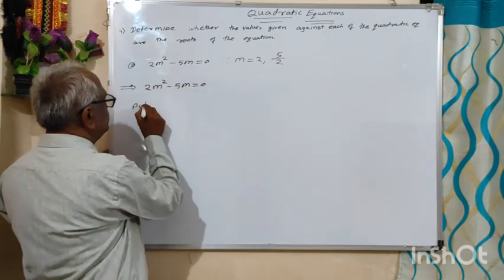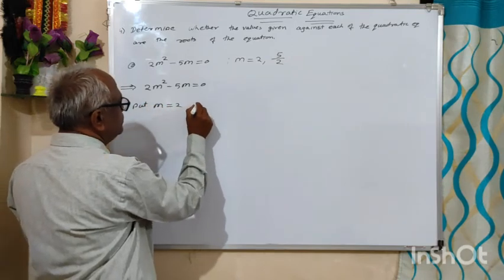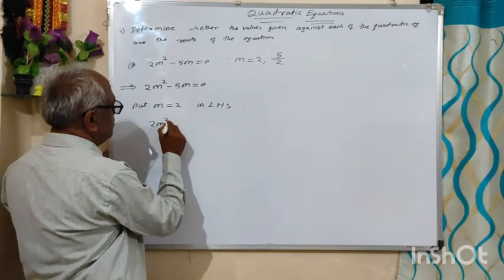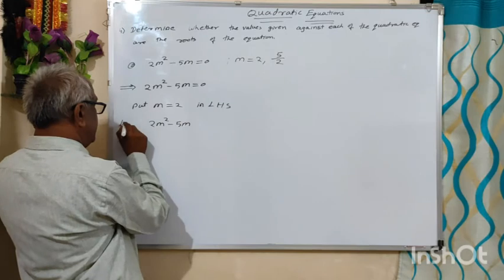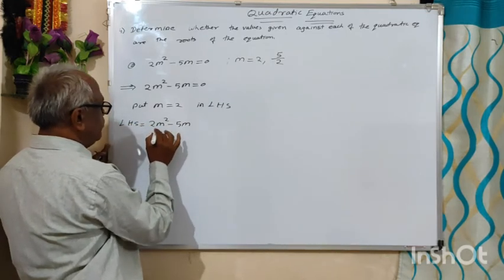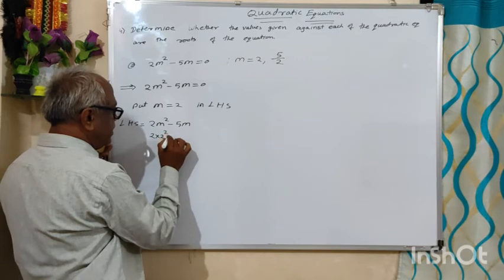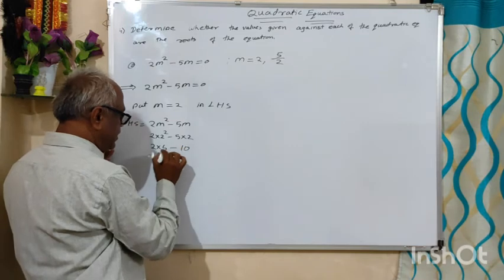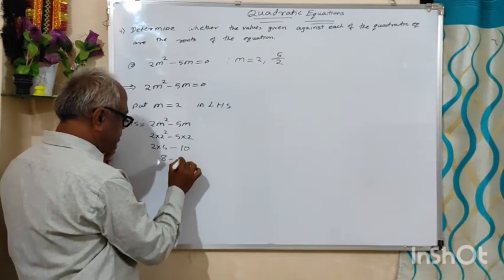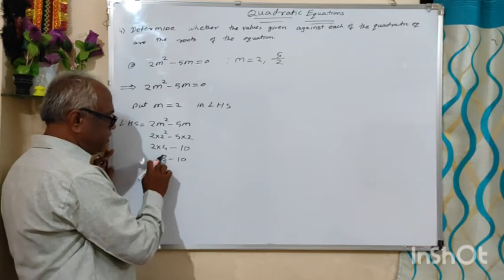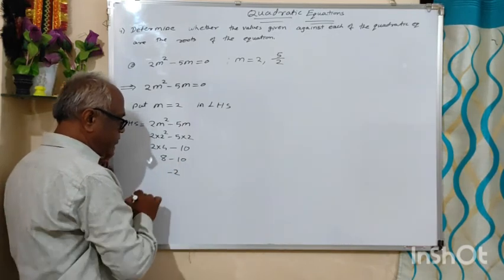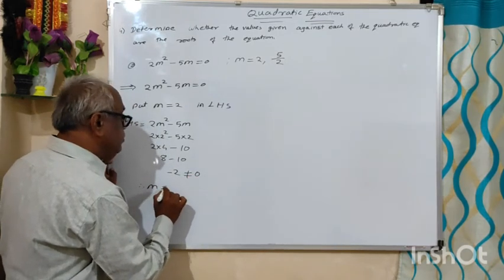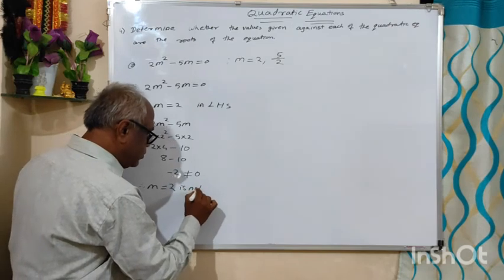Put m is equal to 2 in LHS. That is 2m square minus 5m. This is an LHS. In this put the value of m, that is 2 into 2 square minus 5 into 2, that is 2 into 4 minus 10. 2 4s are 8 minus 10. 8 minus 10, that is plus and minus separated but keep the greater number sign, minus 2, which is not equal to 0. Therefore m is equal to 2 is not a root